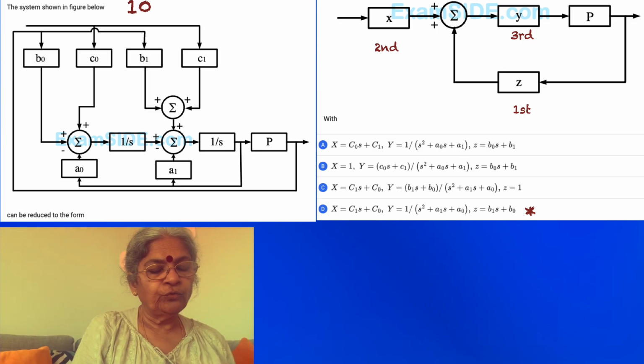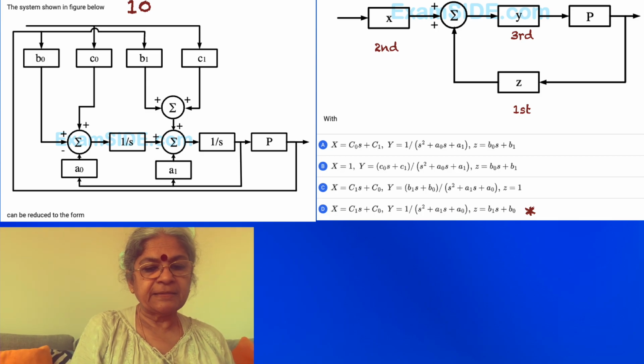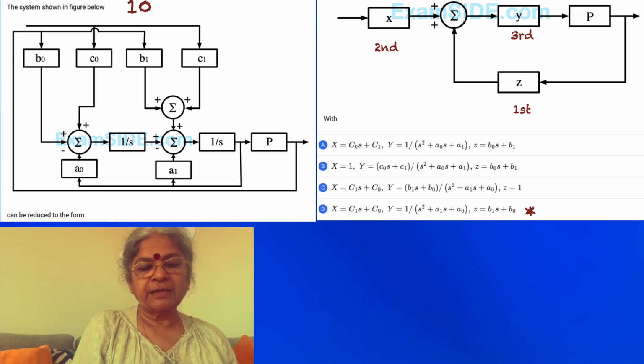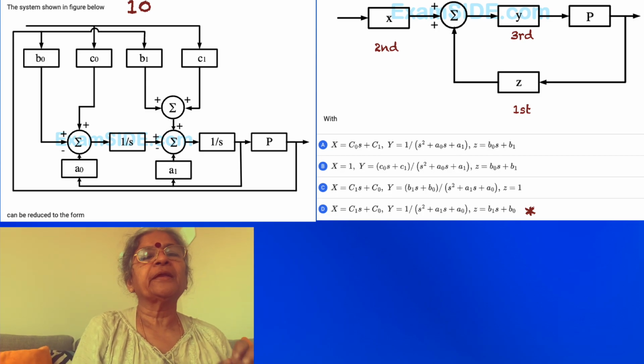And then we have two feedback loops again that need to be managed. One is with 1 by S and A1. So it has to have 1 by S into A1 multiplied by S square, so it's going to be A1S, so that's also true. And then you are going to have 1 by S into 1 by S into A0 as the next loop, so you are going to have 1 by S square A0 into S square, so you see that. All the components X, Y, Z are appropriately fitted in